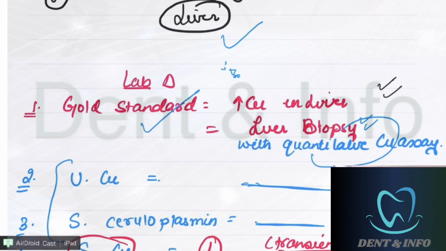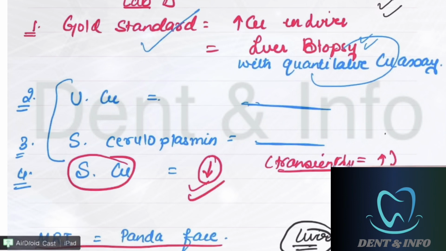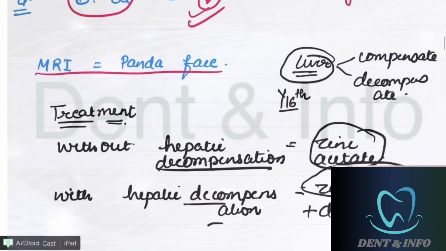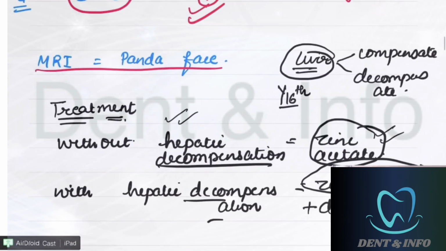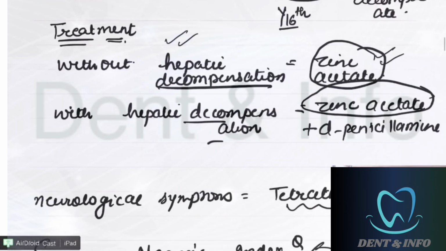Okay, let's go. Then urinary copper, all this we have done. Fine. Treatment, everyone, is zinc acetate, or if there is hepatic